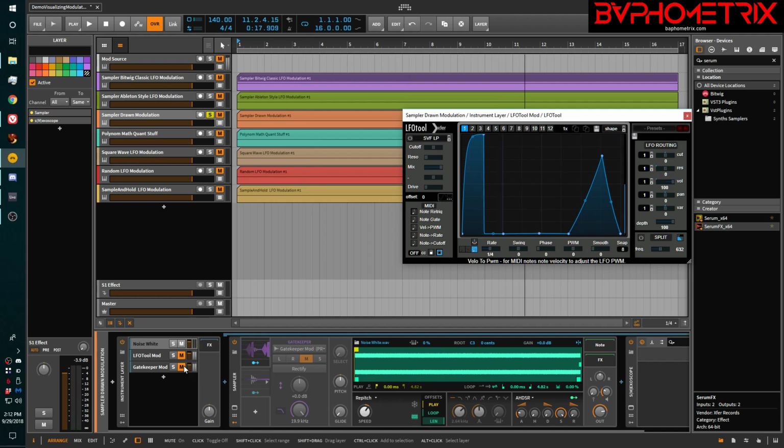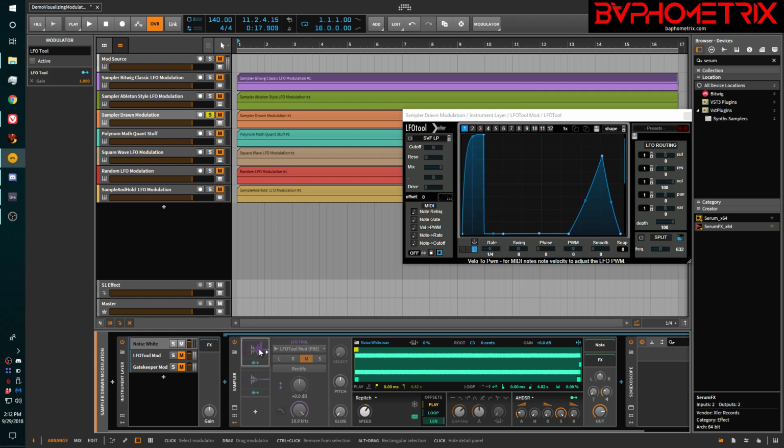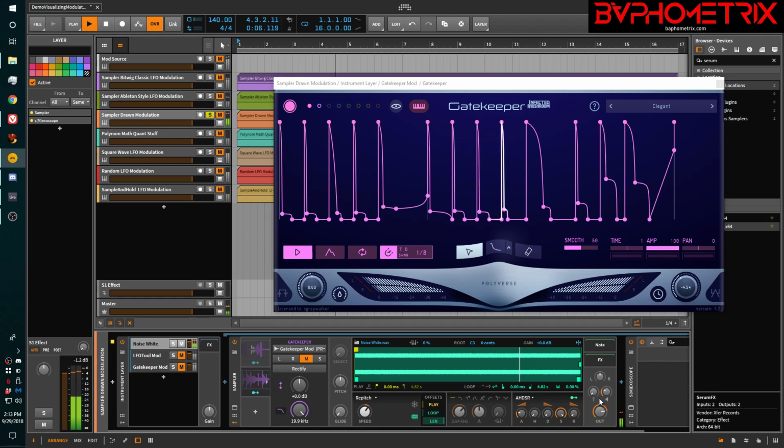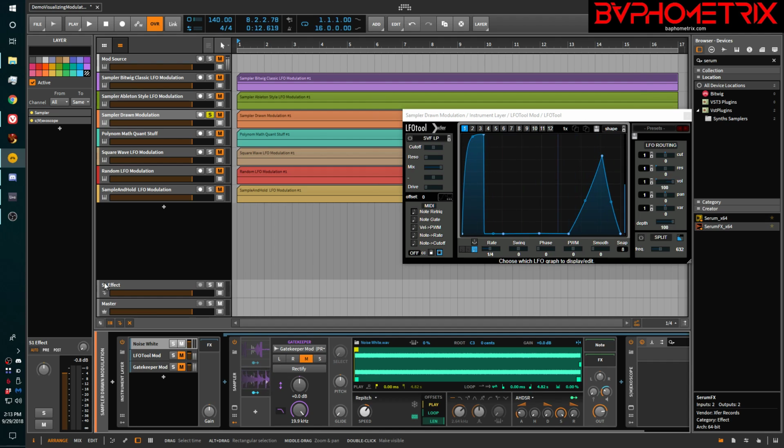And so on. And then if we want to switch to the Gatekeeper module, we just basically deactivate this one. And instead, we activate this one. And now it's going to play whatever's on the Gatekeeper track, which is this shape right here. And again, it's just modifying the amplitude of the gain in the sampler. Okay, so that's how you do hand-drawn automation: LFO tool, draw any shape you want, have as many as you want,